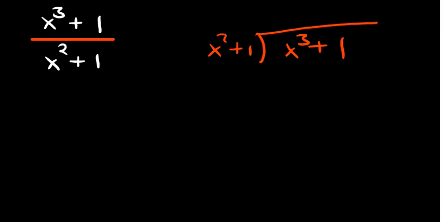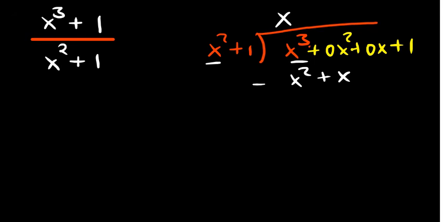So now, what did we say? You need to make sure that the powers are decreasing in the right order. So we introduce imaginary parts there: plus 0x squared plus 0x plus a 1. We can start dividing. So this into that is x. Multiply that, it is x cubed plus x. You subtract, you have x there. In this part 0x squared minus